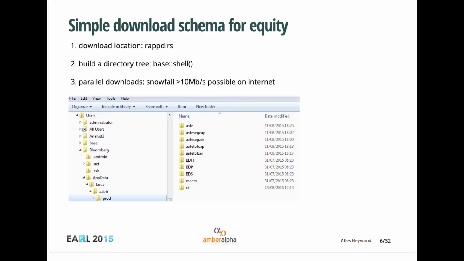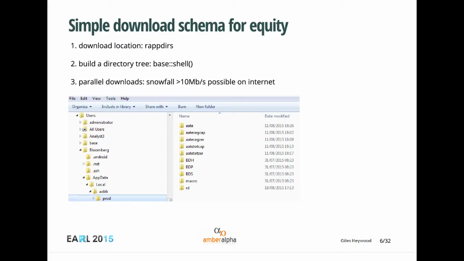So how are you going to use this? Well, this is only one way of doing it, so I'm just describing what I do. And you need to be compliant with the Bloomberg data license. That means keeping it locally on your machine. One obvious place not to put it is your package directory. Another place you might want to put it, but maybe you don't want to, is your user area on a